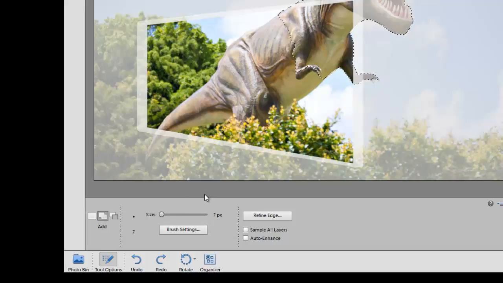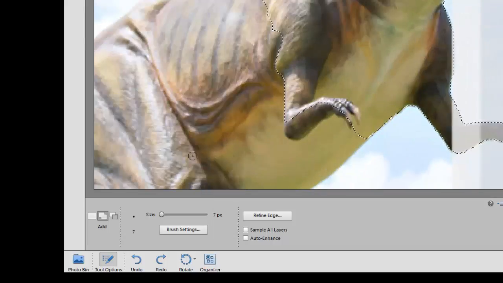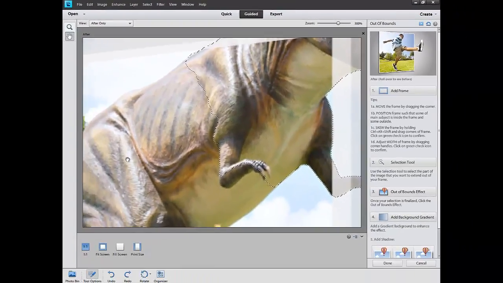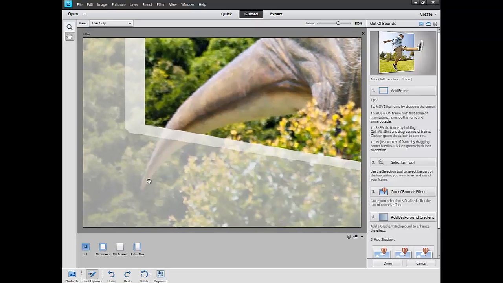We're going to hold the Control and the plus sign to make it bigger. Now we can go and use the hand to move the picture up to here so I can see it. Back to the selection tool. Click on the selection tool again, and now we can come through and do